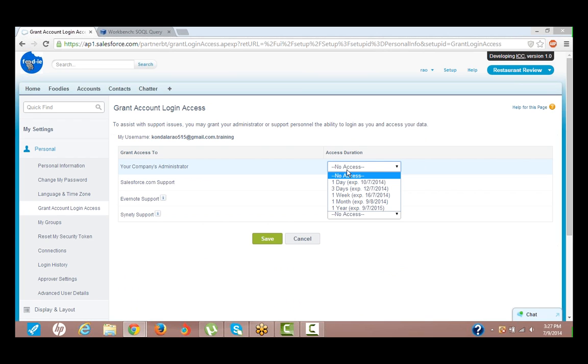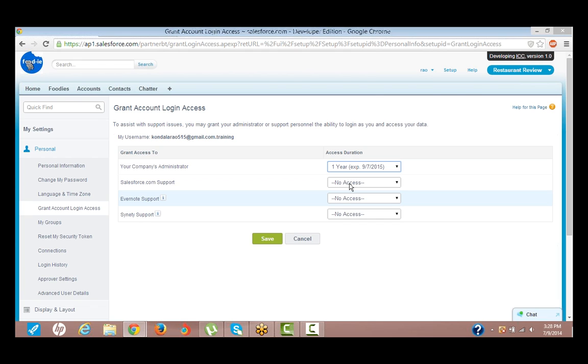Guys, everyone in the system can do this. Please do it from your side so that I can log into your application at any point of time to show you how things are getting affected in the application. Now I'm giving access for a year, for a month, okay, for a year. Because suppose there's an issue, I can give it only for a day. In the general case, I will give it only for a day, but in this case, I'm giving for a year.